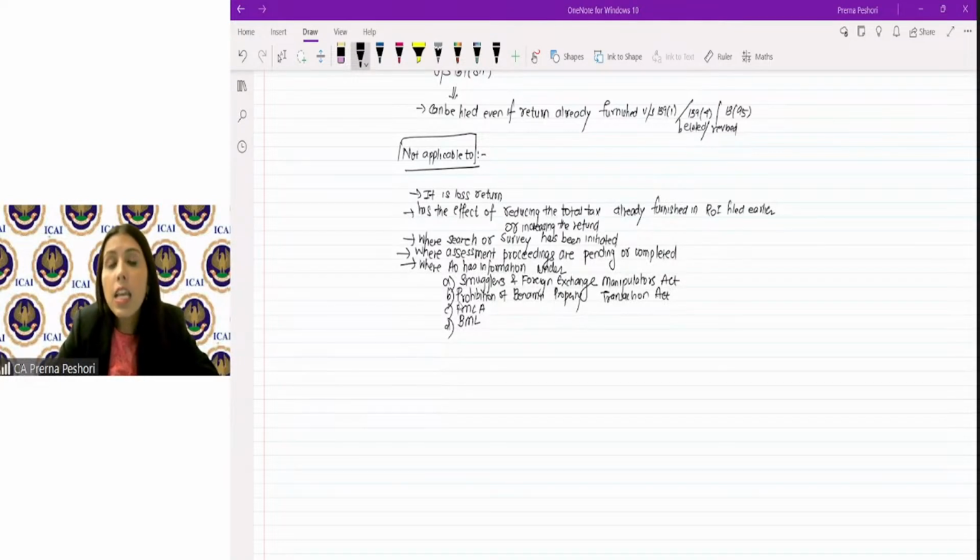So in these cases, the updated return cannot be furnished,